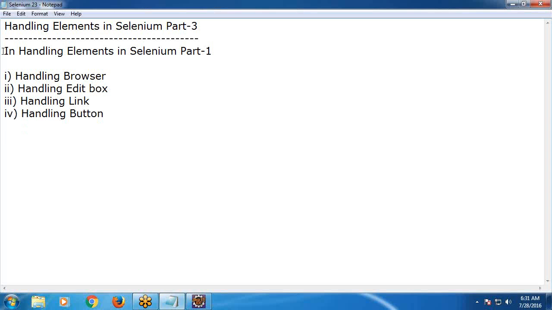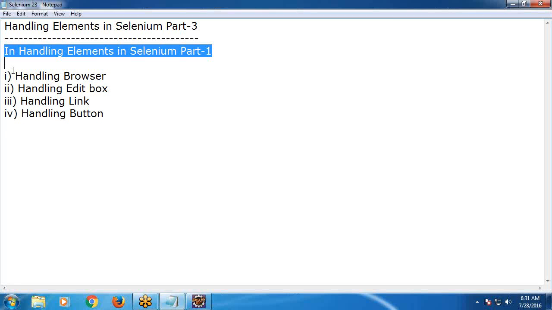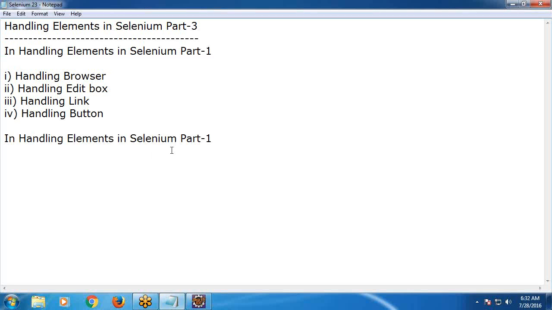Next, in handling elements in Selenium, part 2,